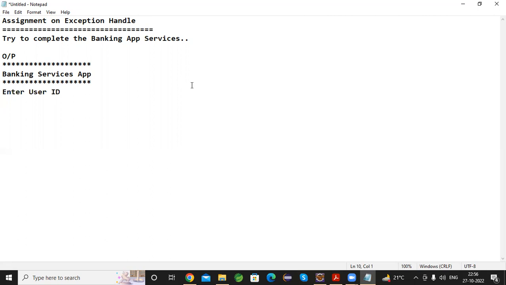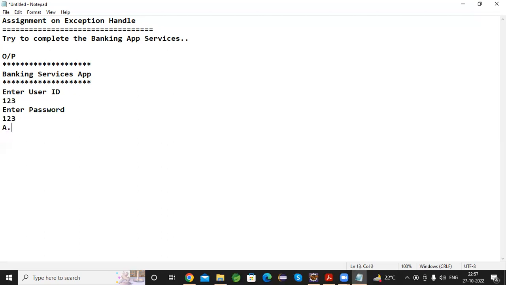So you need to write the hard code, whatever that user ID is. Let's say for example, I'm taking something called 123. You can take any user ID and password in your code. 123 is also the password. Once it matches your user ID and password, then